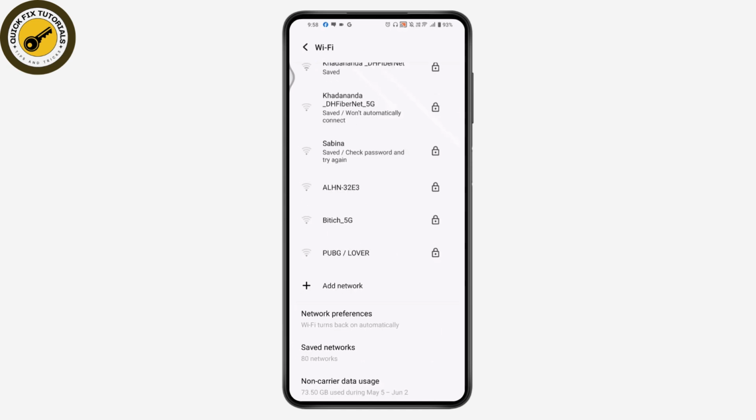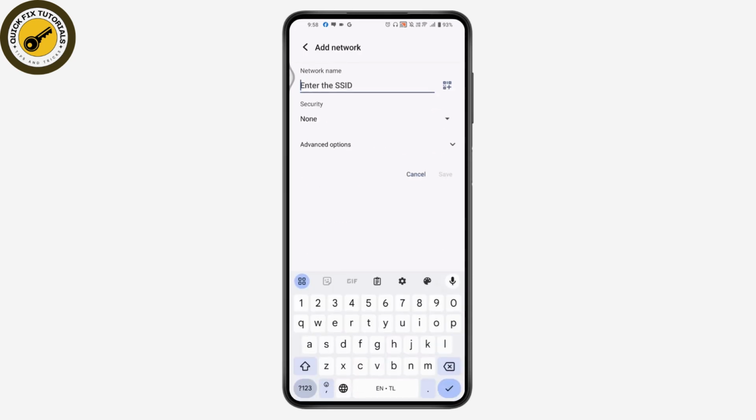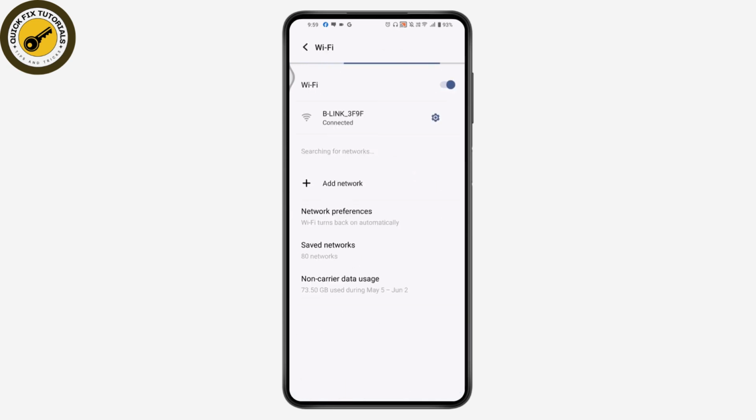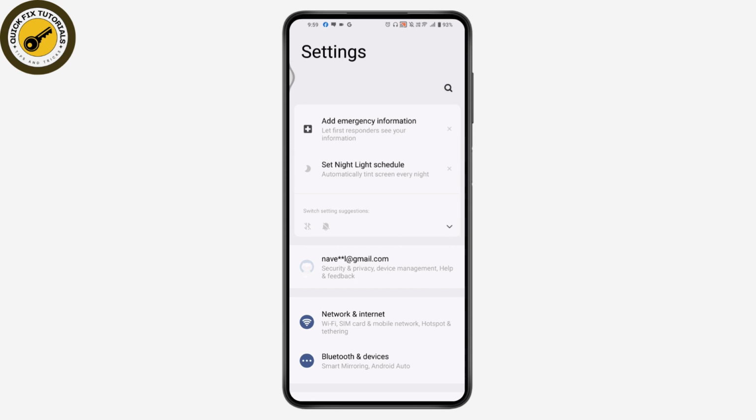Once you've deleted all of your saved networks, you need to tap on add network and then you need to add your network name, your security, and then your advanced options, and then you can choose all of that. So if your Wi-Fi network name is not showing, then you can simply go for add one network and then you can add a network. And then you can go back and again go back, and under your settings you need to search for reset